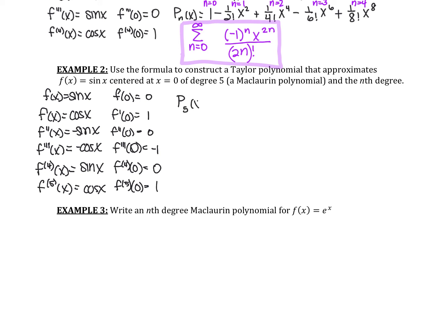Now to go for my 5th degree polynomial. So p sub 5 of x. This is going to be the polynomial that best approximates the sine of x. So first term is 0. The next term is 1 over 1 factorial x to the first. The next term is 0 over 2 factorial x squared. The next term is negative 1 over 3 factorial x to the third. The next term is 0 over 4 factorial x to the fourth. And then the last term is